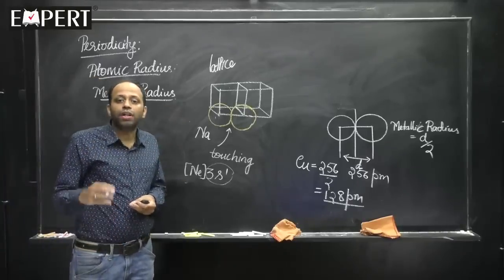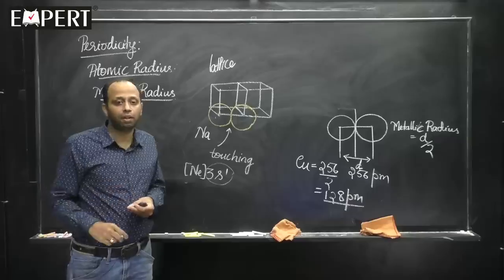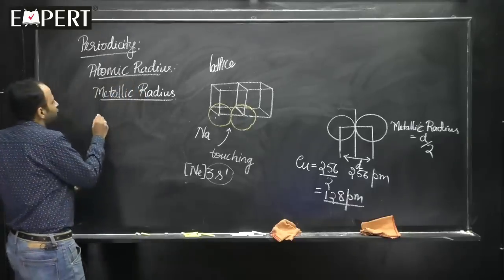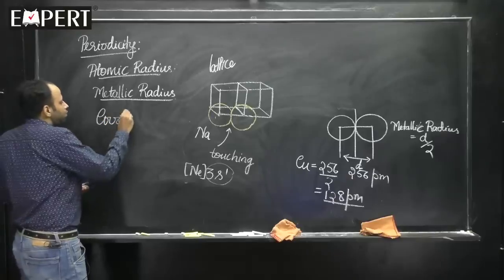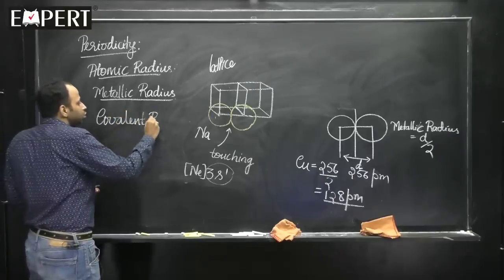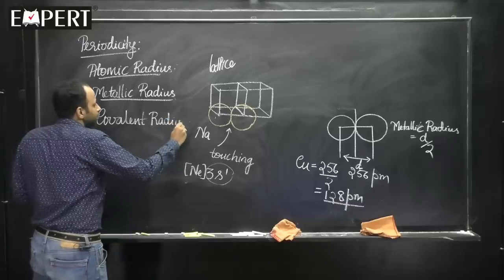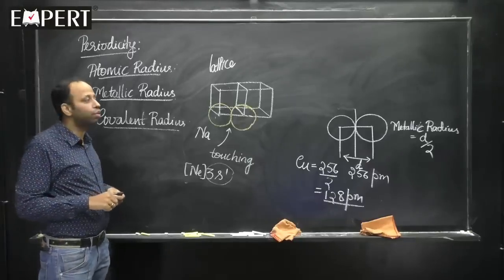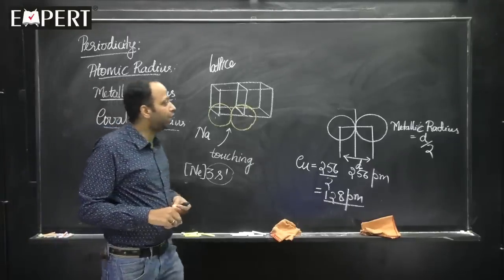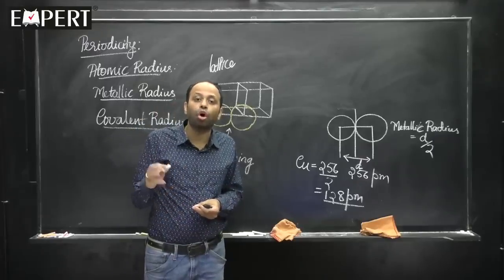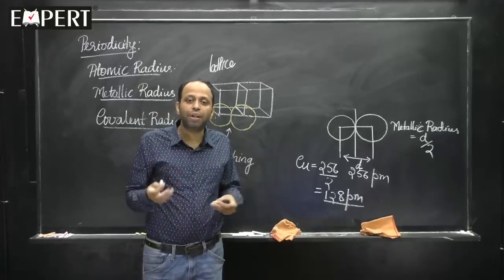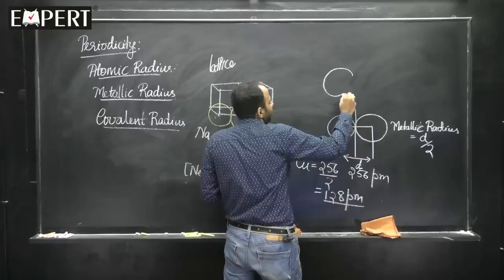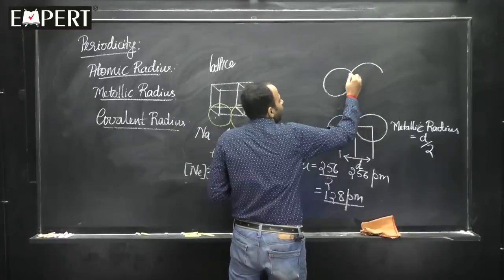But what if your element is not a metal? What will you do? Then we go for one more kind of radius, that is called as covalent radius. Okay. Now, what happens say in case of covalent radius? In case of covalent radius, now when you have studied atomic structure, you have studied about orbitals, correct? S orbital, p orbital, d orbital. What can happen is, I will simply write like this, I will take some s orbital, this can overlap with